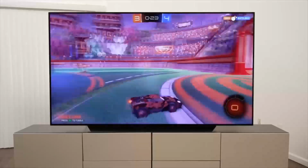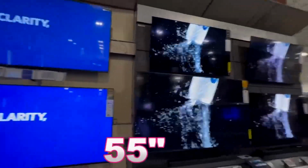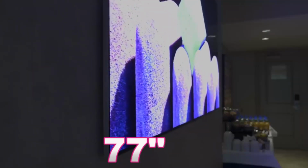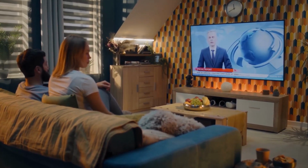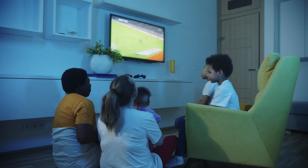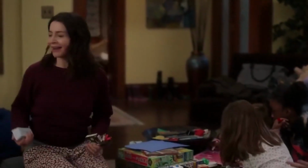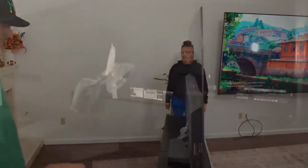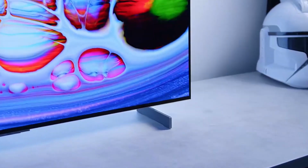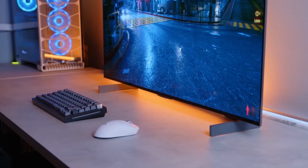This is why the C3 is thinner and sleeker than the C2, with 48 inches, 55 inches, 65 inches, and 77 inches sizes. The new television set focuses on wall mounting, and manufacturers made it a priority to ensure that the TV is very flat against your wall. It's just the way I like it. This feature was made possible by a peculiar cutout situated at the back of the LG C3. Moreover, if you're not a fan of TVs that suspend on walls and you prefer a stand, you can opt